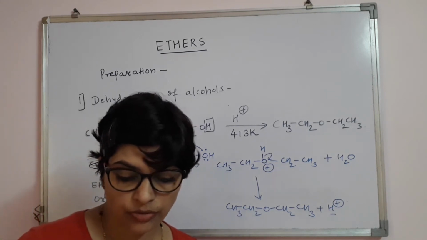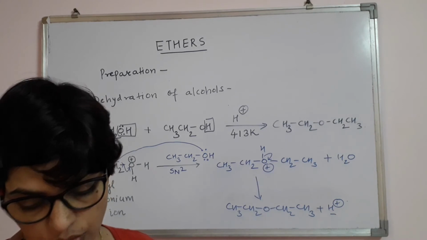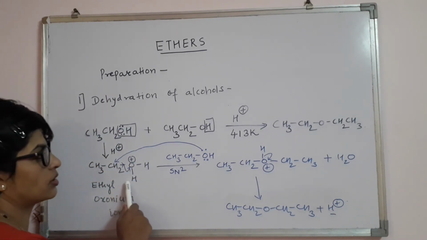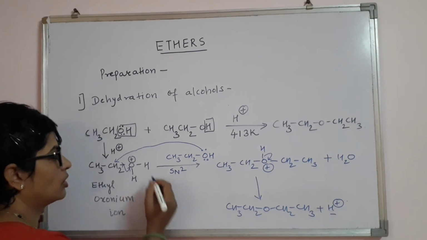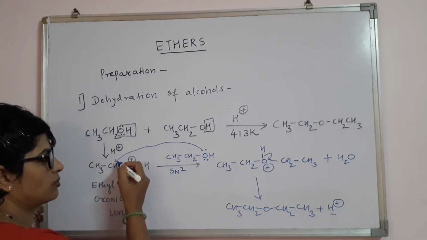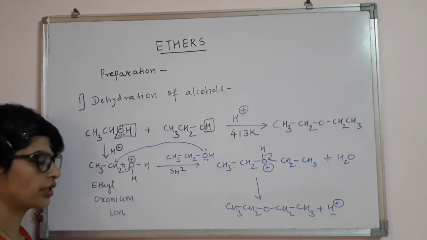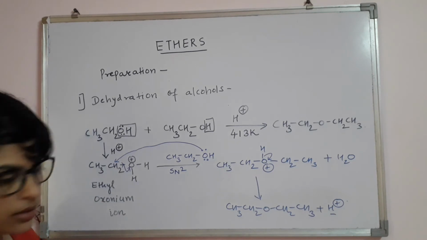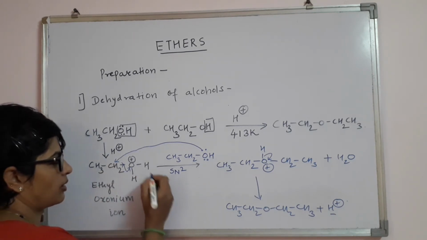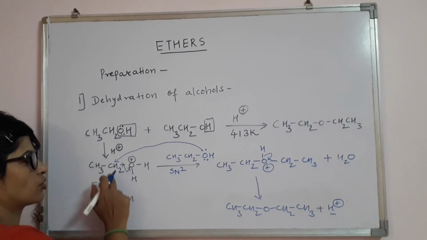Alright, so here we have a question in the exam which they can ask you. The first question is: which is the most reactive alcohol in this dehydration? As you can see, the attack is taking place in this manner. Such a big group is attacking the protonated alcohol, so definitely if you take a tertiary alcohol, it will be very difficult to attack, because the tertiary alcohol's carbon will be surrounded by 3 carbon atoms over here.